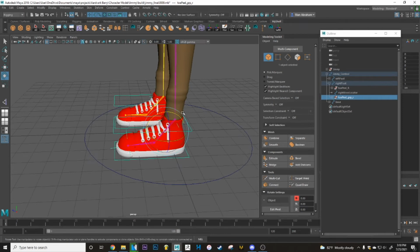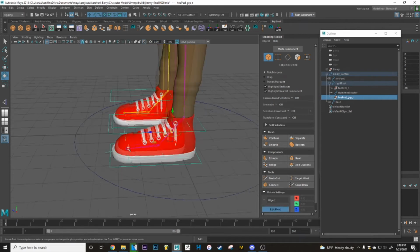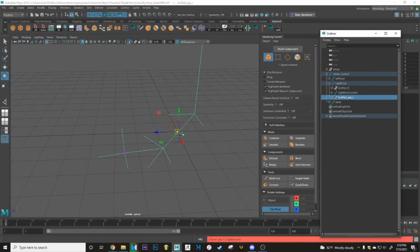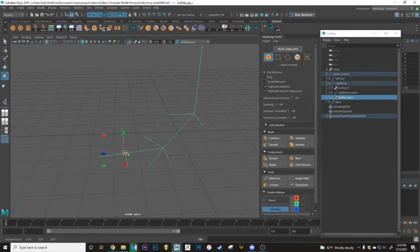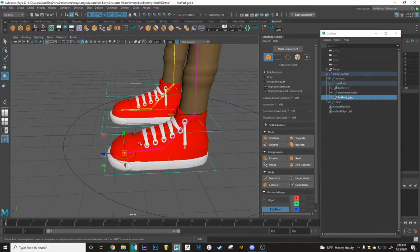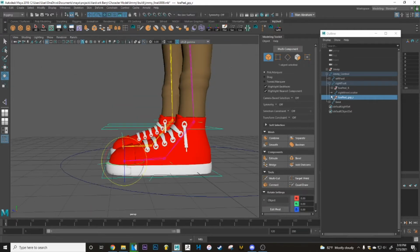With the toe peel group, I'm going to press Insert. I'm going to do the same thing, except this time for this joint over here. I'm going to take the pivot of the toe peel group and snap it to this right here by pressing V and using the middle mouse button to snap it. So now I have pretty much made it so that I have a group that contains both the heel